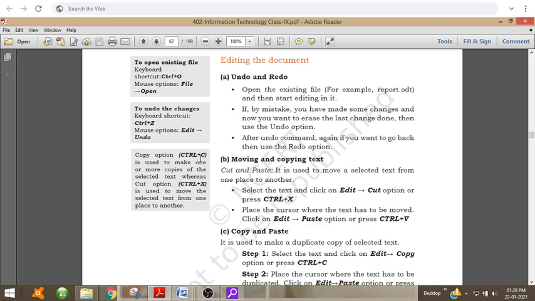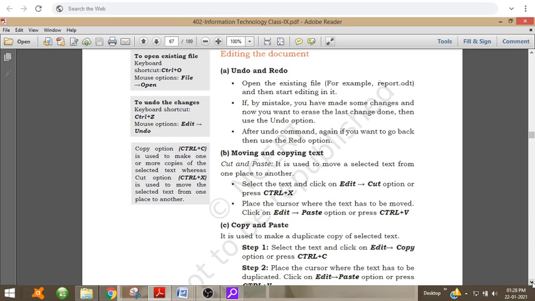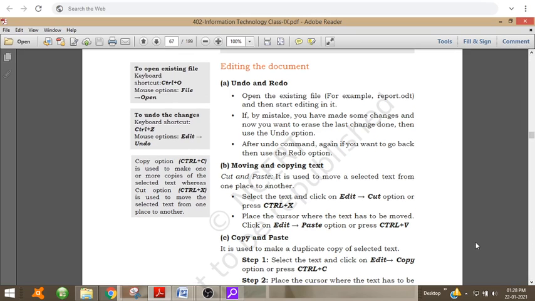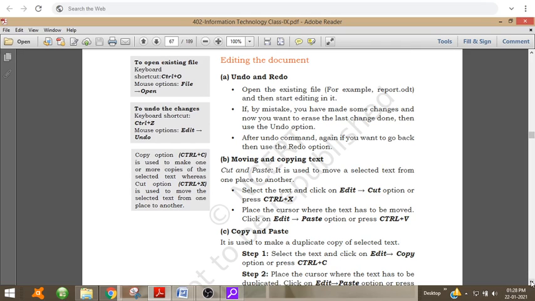Then for copying, Ctrl C, for cutting, Ctrl X, and for pasting, Ctrl V. So you should remember all these shortcuts, then only you will be able to easily use this Word document and do your task without just focusing on the mouse. You can easily use keyboard shortcuts for copying and pasting.